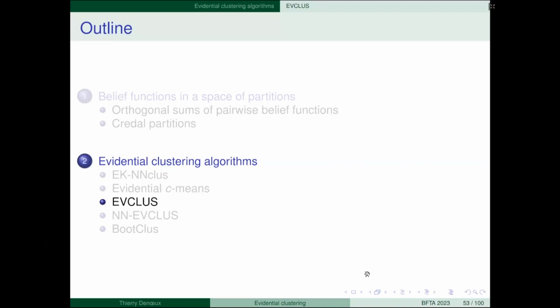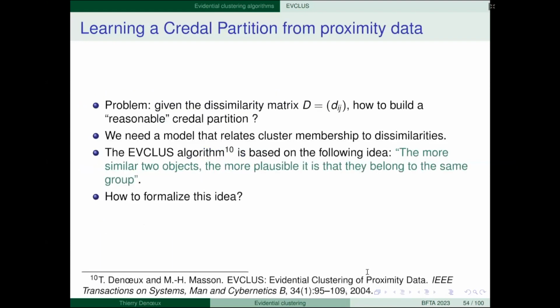So the next algorithm, I call it EVCLUS, like evidential clustering, is based on different principles. In a way, its application is more general and it's more powerful than the previous one, and actually I like it better. Here we start with a dissimilarity matrix, a matrix of distances or weaker forms of distances between objects.